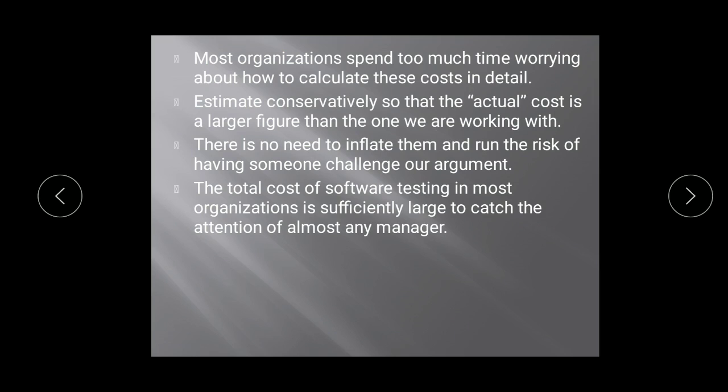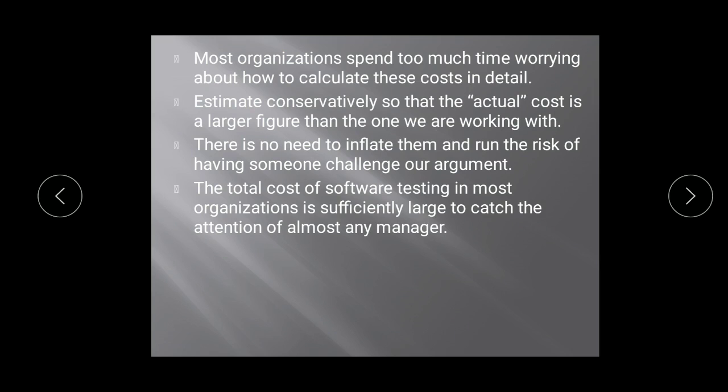So the thing we are working on has an investment of somewhere around 100 rupees, but as we said 120, when you estimate all the things and come around, it will directly come to 100, so that the estimation becomes proper. There is no need to inflate them and run the risk of having some challenge or argument. So it's not necessary to have a debate on those costs, where you keep on asking how much money is spent, how much money is spent. If certain processes are followed properly, analysis is done properly, and estimations are put forth properly,